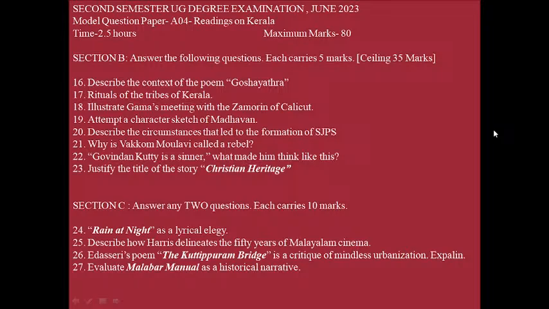As a result, we have the land reforms of 1959. Now that the Land Reform Act has been implemented, the tenant farmers began to possess land, and the Nambudiri, rather the rich people, the landlords, lost their control over the tenant farmers, and their income began to dwindle. And as a result of the land reforms, the condition of the Nambudiri families, the Nambudiri women, became very, very bad. A representative woman character from the Nambudiri households